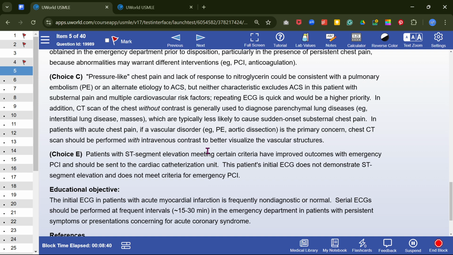Or there are some issues, like if there is unstable angina or Prinzmetal angina, sometimes only troponin is elevated, but there are no ECG changes. If troponin is elevated, that means cardiac muscle has some sort of injury. That's why the troponin has elevated, isn't it? So we need to wait. We need to admit the patient, as we know that ECG will elevate very soon.